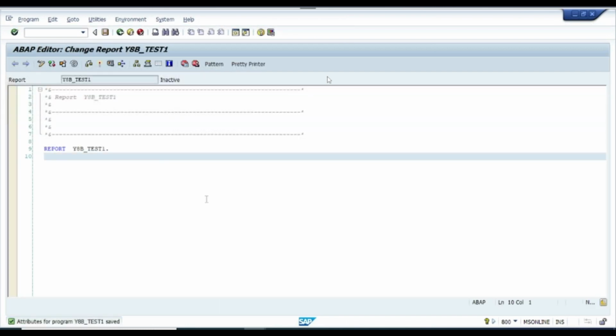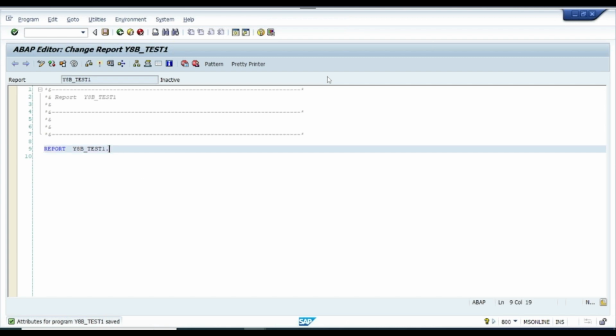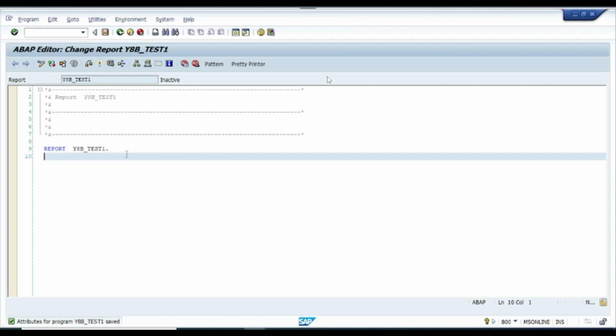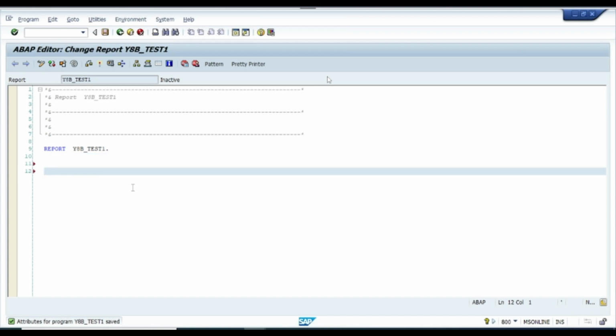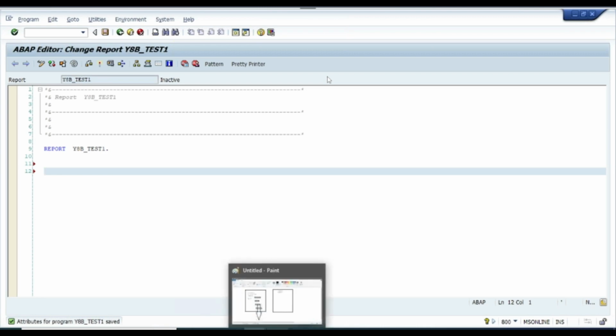So this is the ABAP editor where we have to write the code. Now every report program should start with REPORT. This should be there. If you delete this, your program won't work. So here we have to write the code. Now what code we have to write? Let's see. So now my requirement is,